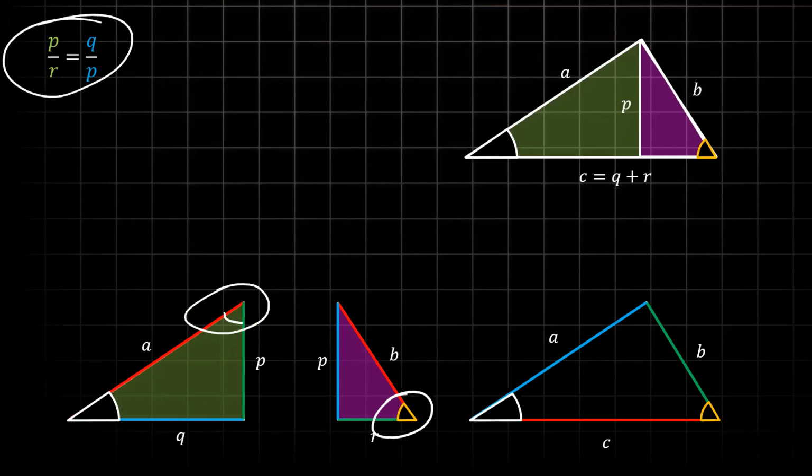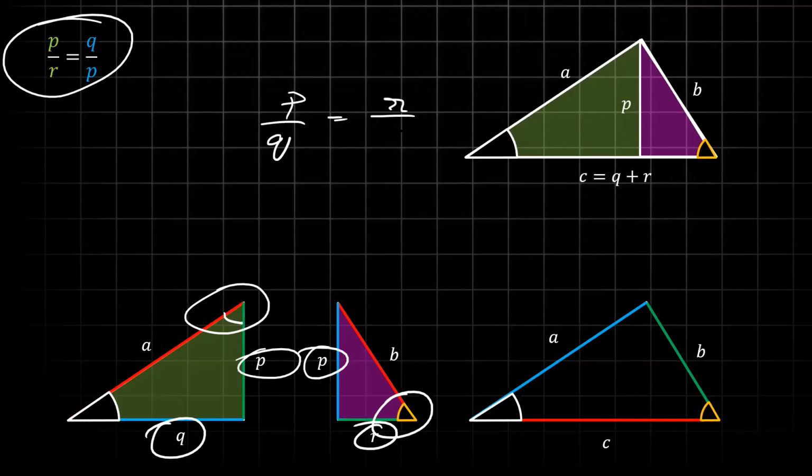You can do P by Q. Okay, that is also fine. P by Q here is equal to R by P. That is also fine. It's the same thing, right? Fine with this? All triangles formed by the height of the right angle triangle from the right vertex are similar. That's what I'm trying to communicate. Everybody fine with this relation? I just need to get a yes or no on this one.